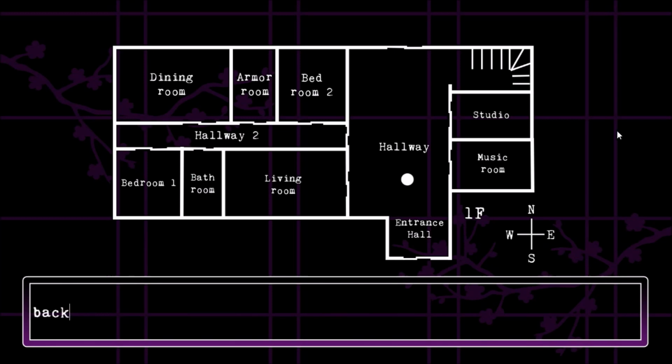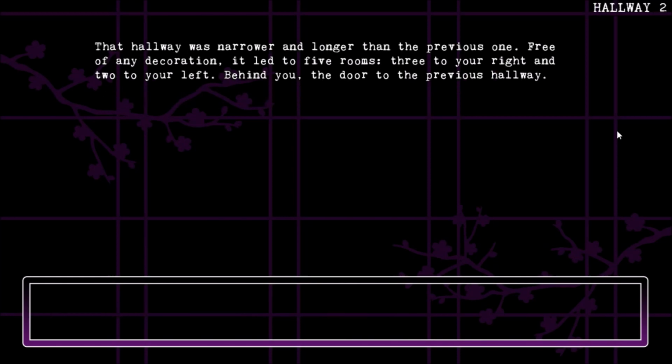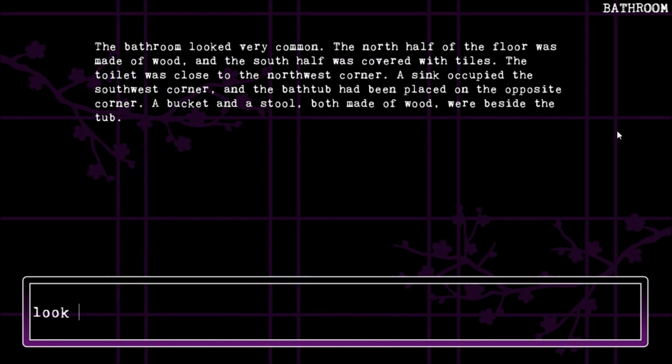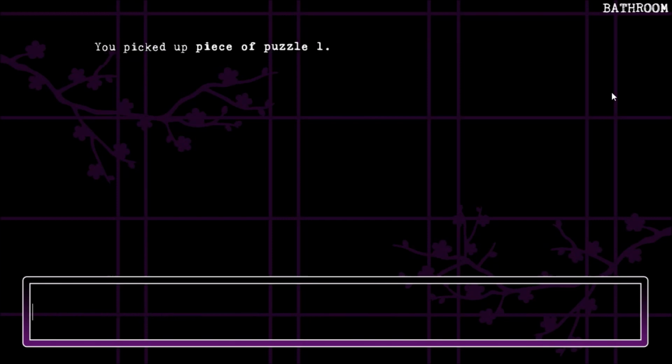So go hallway 2, go bathroom, then you look bathtub, and the fancy bathtub was dry. There's a small square piece of wood close to the drain. We want this piece of wood, so take this wood, and there we have the first piece of the puzzle. So go hallway 2,